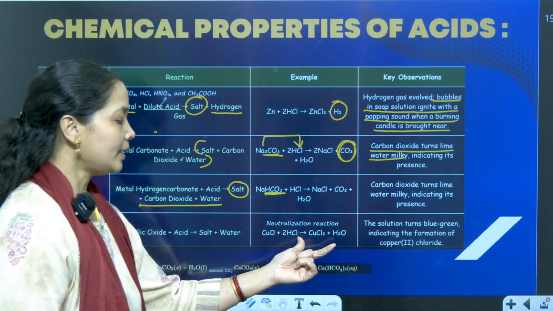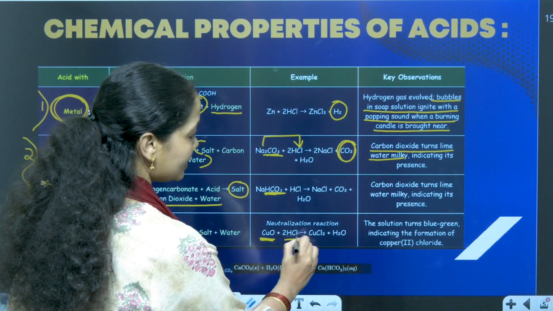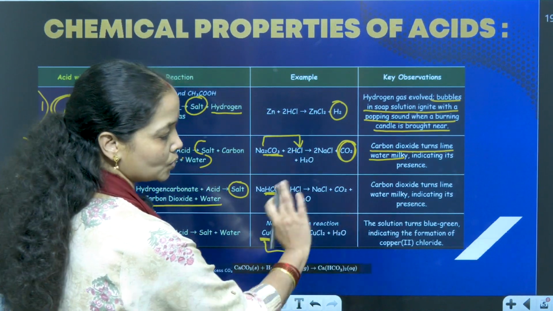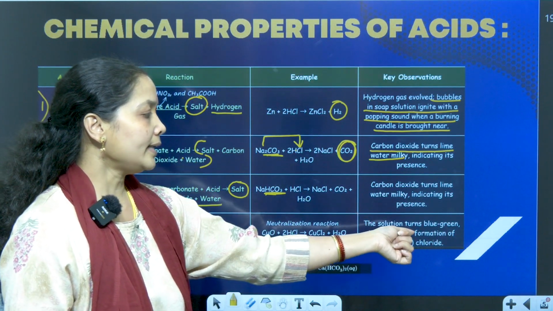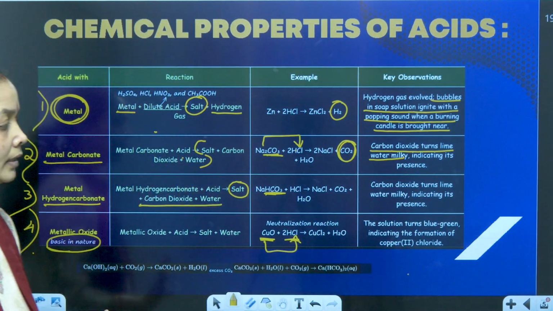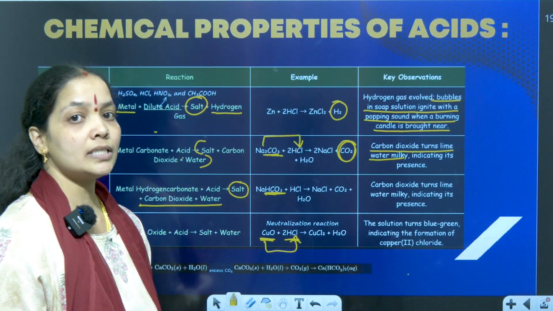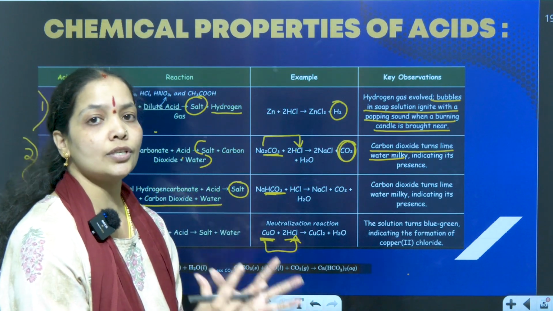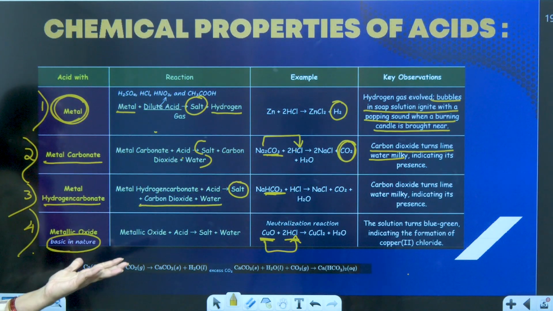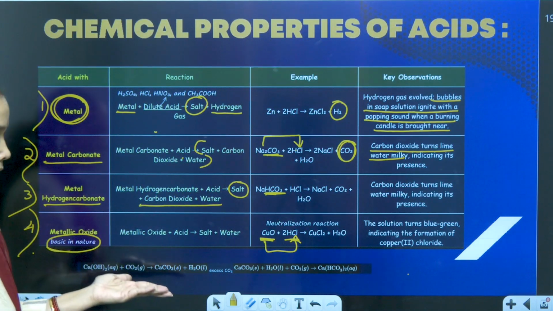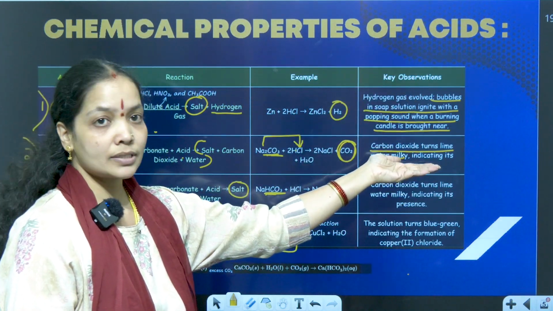One important metal oxide is copper oxide. Taking it with an acid gives a displacement reaction, CuCl2 and H2O are liberated. The solution turns blue-green, indicating the formation of copper chloride. Okay, this is a solution which will turn the blue indicator to green. When it is turning green, we can say a neutral salt is being formed. CuCl2 is a neutral salt that is formed. The most important thing to understand here is, there are two important gases liberated, hydrogen and carbon dioxide, in two different reactions.